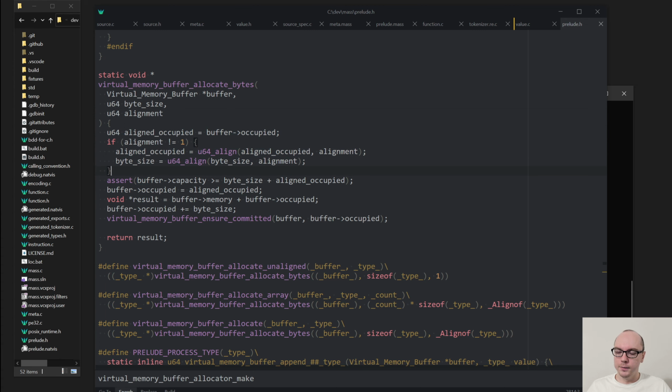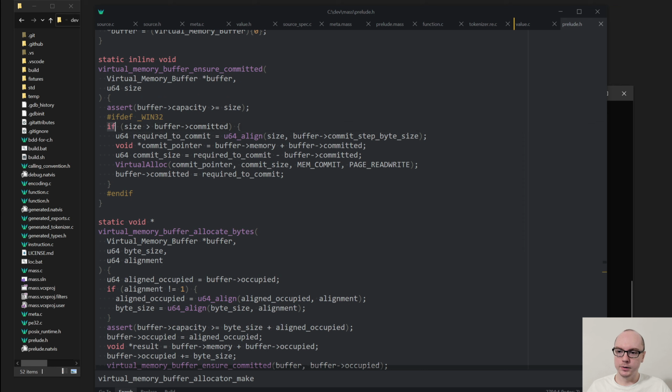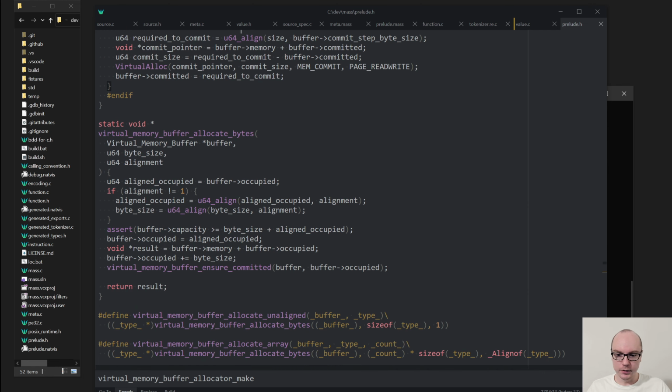We could technically have more specialized buffers, but anyway, the main thing here is that if this committed check is false, then none of this happens. As you can see, there are no other conditionals, and it more or less just bumps the pointer. So this is great, but it turns out the issue that you run into is in the way that